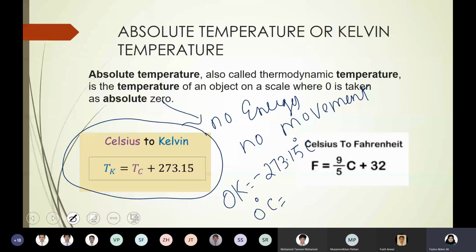Particles won't have any energy and there will be complete arrest of the movement. The particle will be in a fixed state. Entropy will be zero. In the next chapter, thermodynamics, you will learn a new term called entropy, which is related to the movement of a particle. So that is the state, but it is not an easily achievable temperature. Maybe some years later they will be able to cool it down to that, but so far it is unachievable.